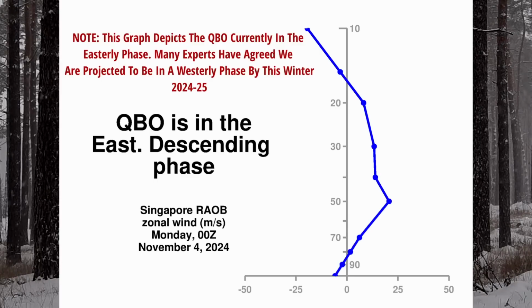So basically what we're seeing right now is we're expecting a westerly phase, which when the QBO is in a westerly phase, we're expecting warmer temperatures along the eastern side of the United States, especially along the mid-Atlantic, and then we are expecting a little cooler conditions along the west. Now in the easterly phase, this would be an inverse, and we'd actually see the opposite. So this is going to be contributing to those warmer temperatures that we're going to be talking about for much of the eastern United States that will likely hinder some of your snowfall totals this season.